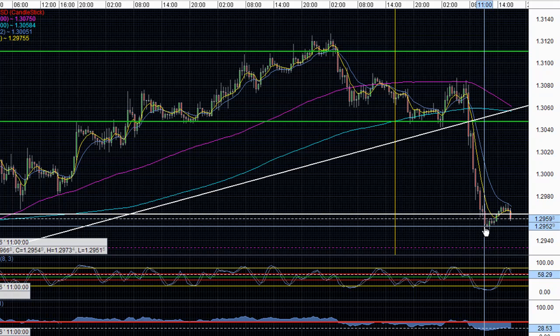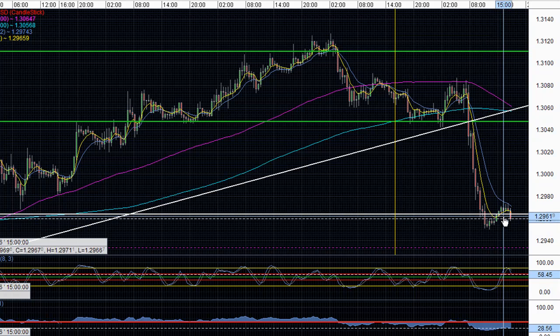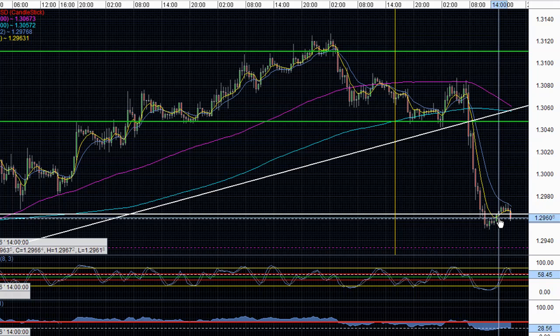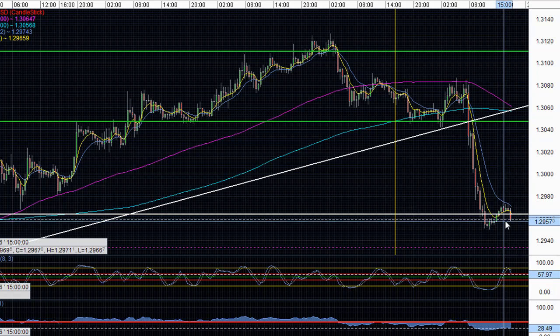Remember that tomorrow we do have non-farm payrolls. So if I were you, I would either sit on the side of the market and wait for price action after tomorrow's non-farm payroll report. Or if you wanted to, you could just wait for a breakout here. But just to play it safe, we do have non-farm payrolls tomorrow, and during most non-farm payroll days or weeks, we normally see limited, range-bound trading leading up to that report.